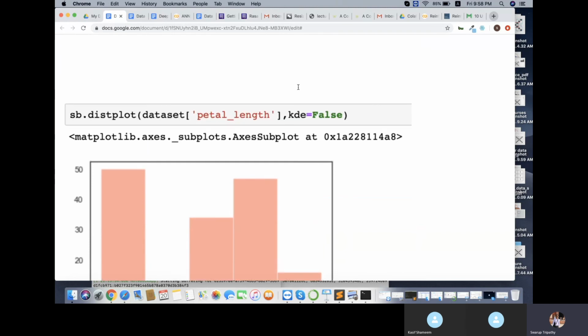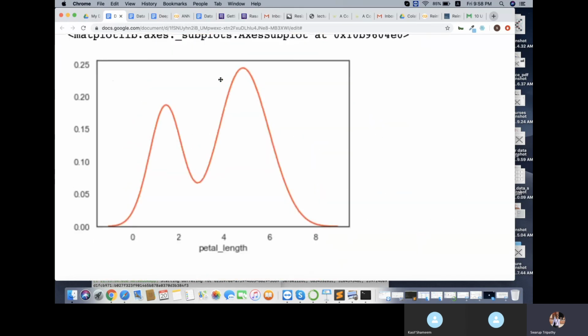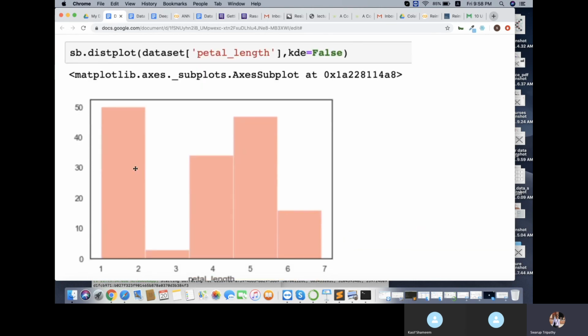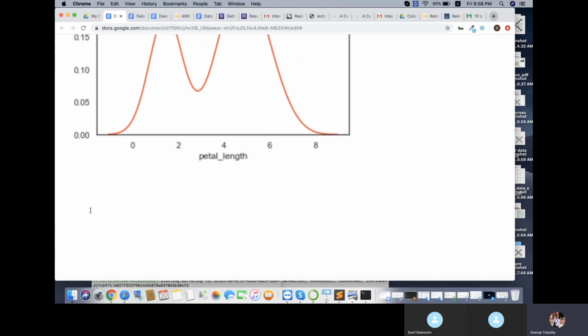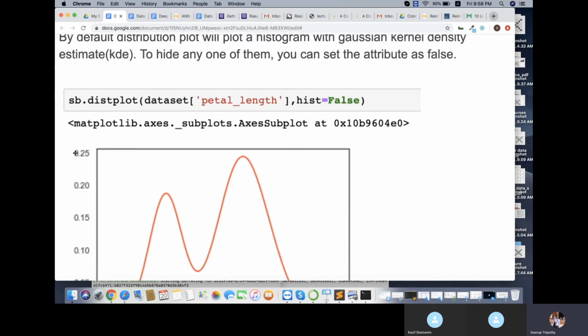See, there is one difference between both of the plots. When the data is shown as a distribution, it shows values within 0.0 to 0.25. But when we remove that, it shows values like 0 to 50. This is the actual count of values you get when you only do the histogram. But when you are doing a KDE, when you are looking for density, it normalizes your data set.